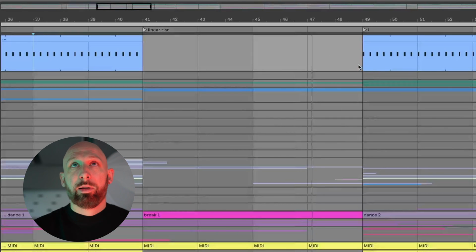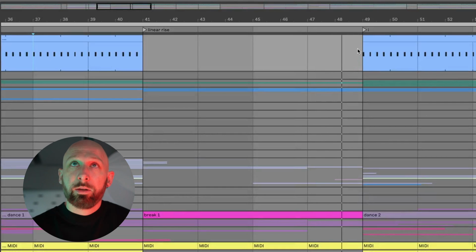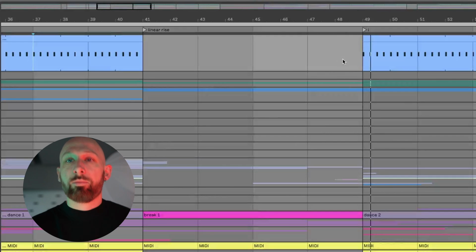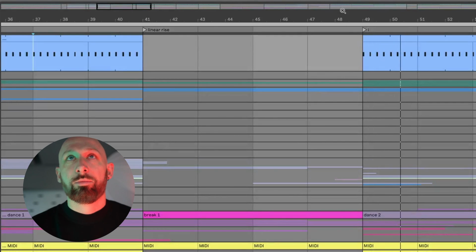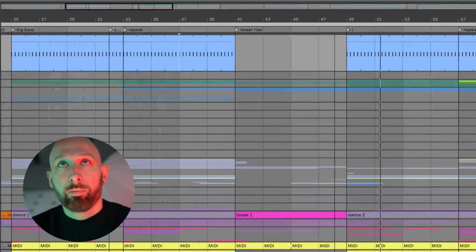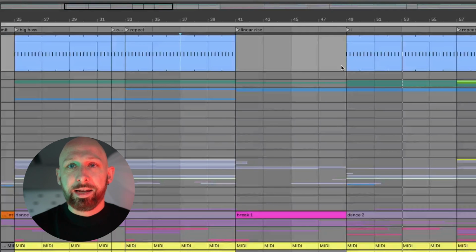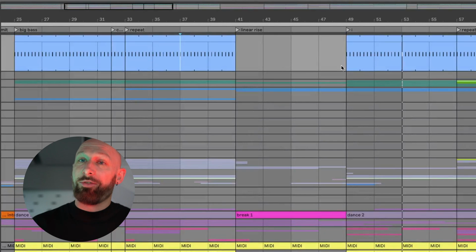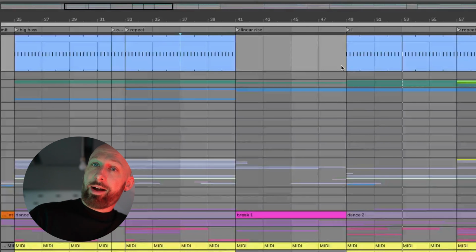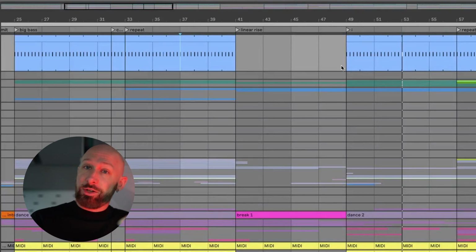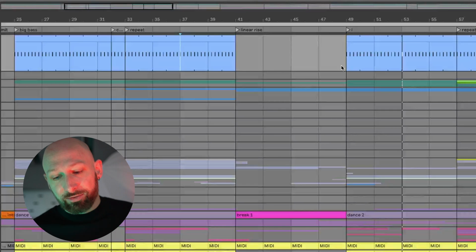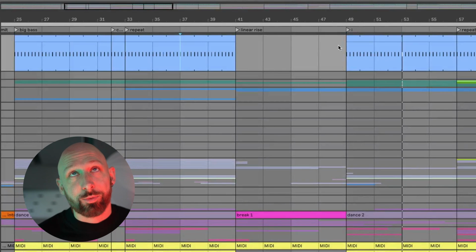Filters opening up, bit of tension. Simple. That's the linear rise. It's uncomplicated. It feels very much like pulling a bow and arrow and releasing the bow and arrow. Tension and release. That's at the end of the day what you're always trying to do with these climaxes.